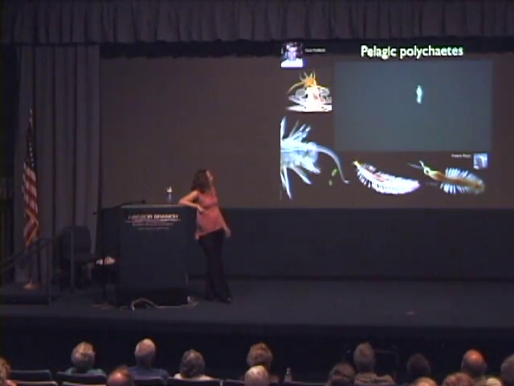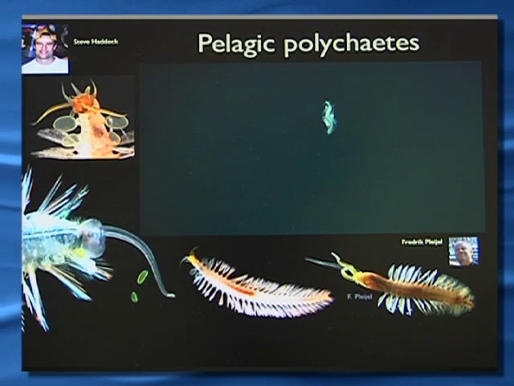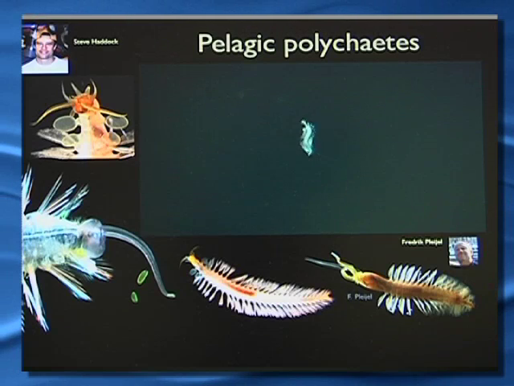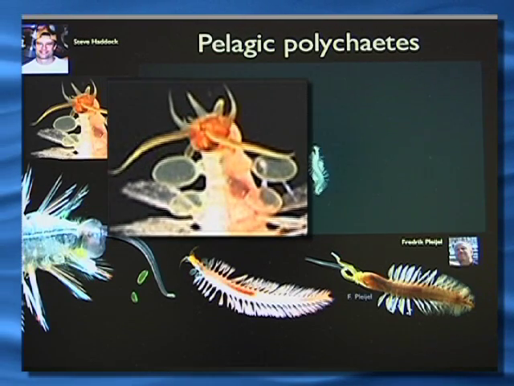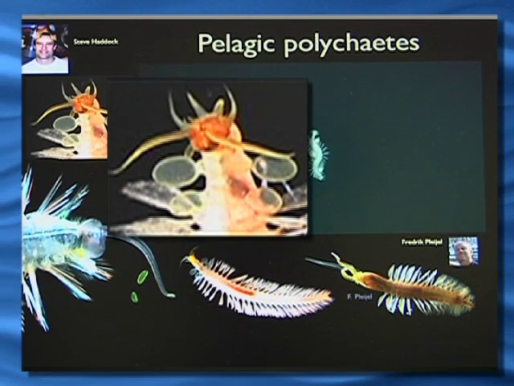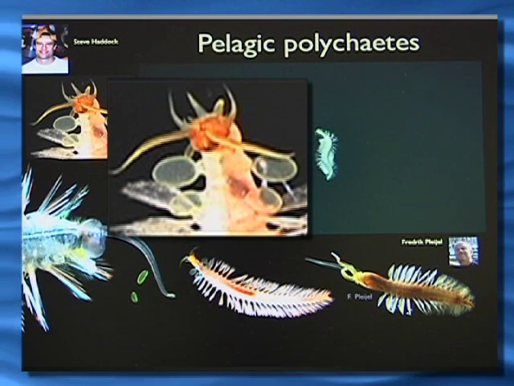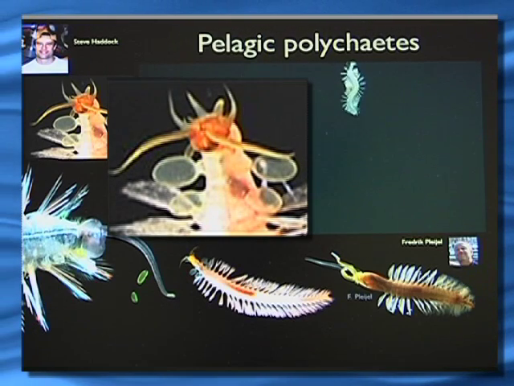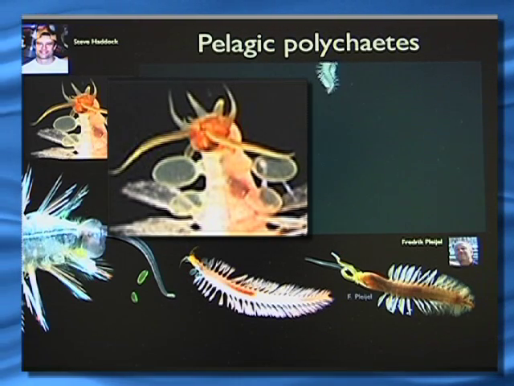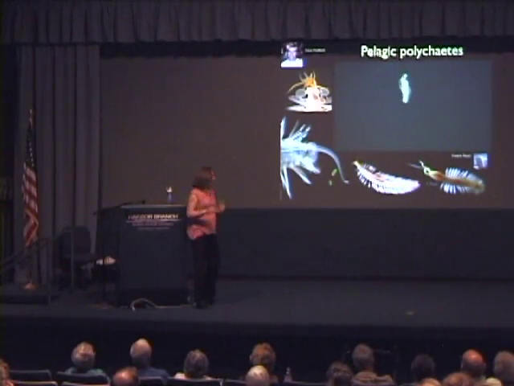As a graduate student, I was out there collecting isopods, and we kept finding these strange, beautiful worms down deep. And Steve Haddock, a biologist at MBARI, was very interested in bioluminescence. He started collecting them because they have these fantastic little capsule-like structures right behind their heads. And when you disturb them or pinch them in the lab, they pop off one of these structures. And as soon as it pops off, it turns bright green, glowing,